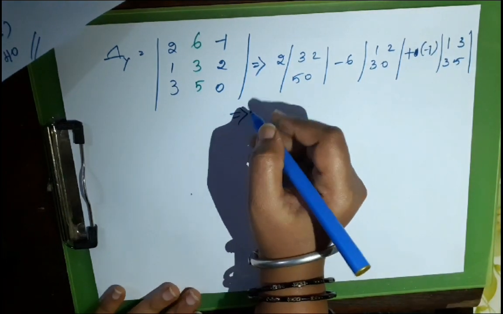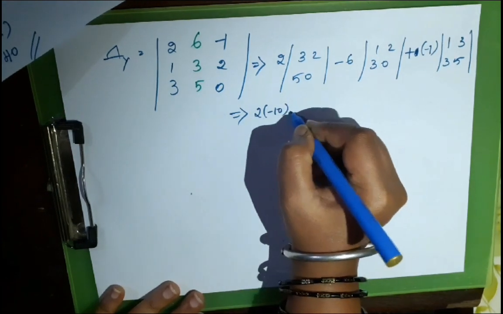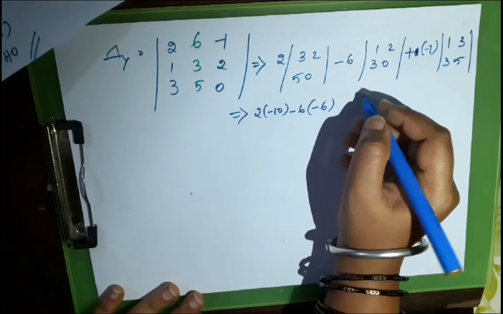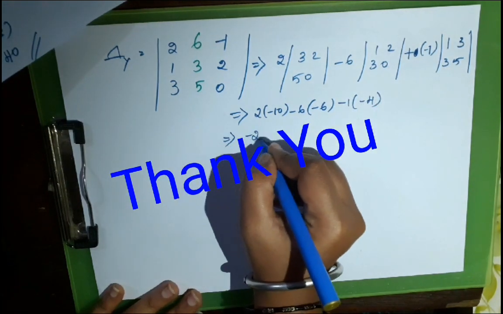Here also I am writing the step directly. So 2 into minus 10 minus 6, then minus 1 minus 4 you will get. So minus 20 plus